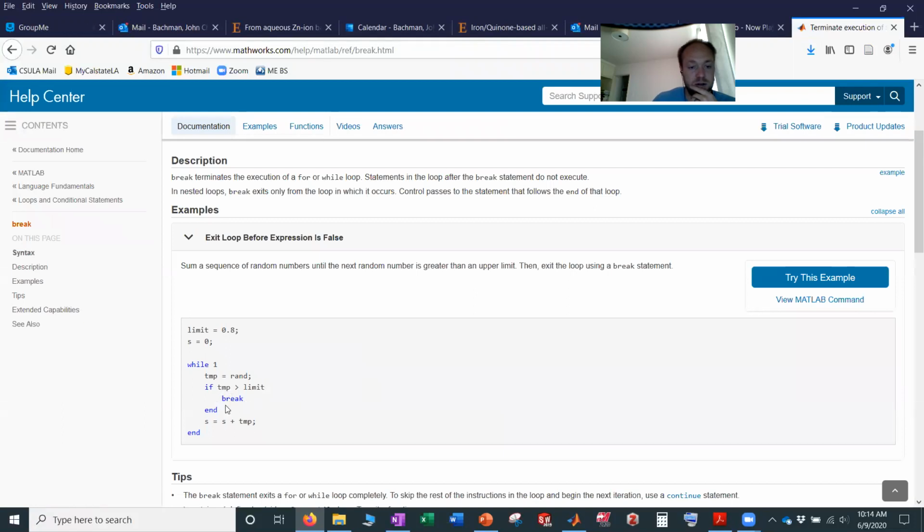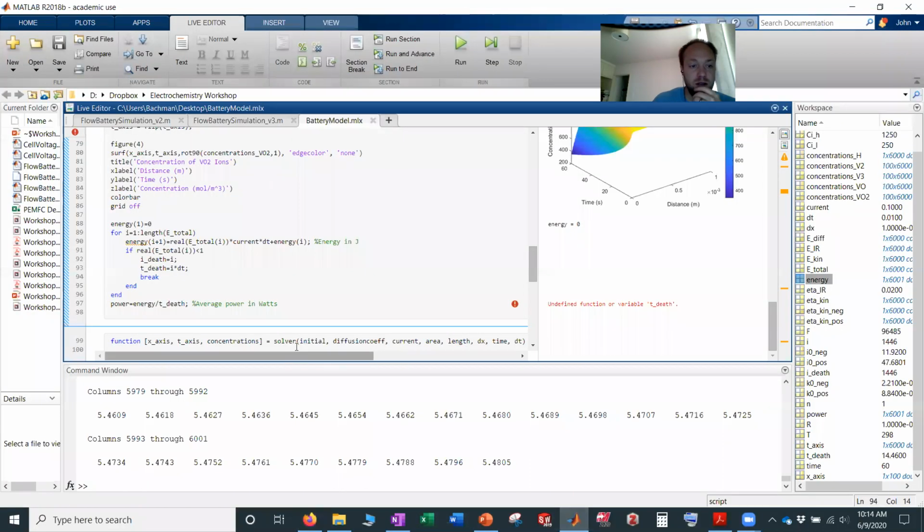Yeah, so it should. So the break statement should exit the loop. It's probably I'm missing another I. Let's see here. If